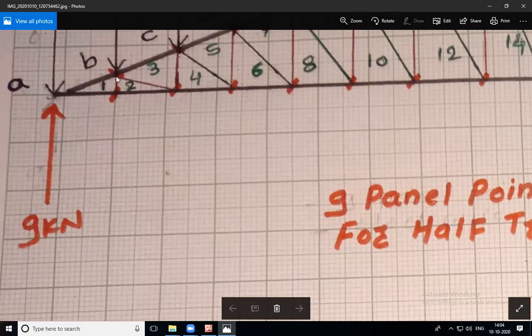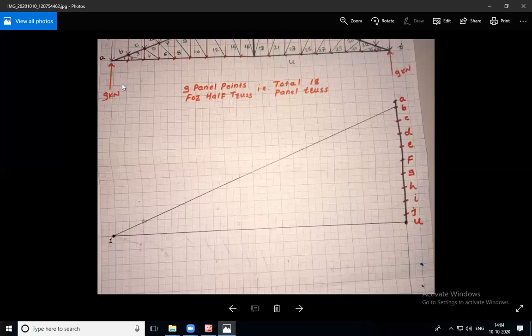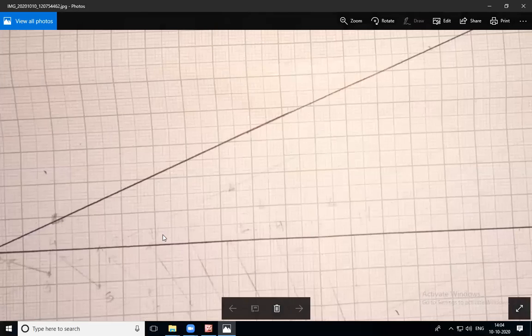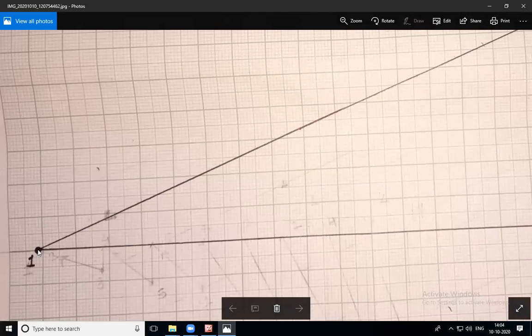From 1 to 2, we have one vertical member or vertical line, but here there is no kind of external force, isn't it? Or we can say that if you reach from 1 to 2, there is no valid point, isn't it? So that's why we can locate 1 and 2 at the same point. Okay, the location of 1 and 2 are at the same point.